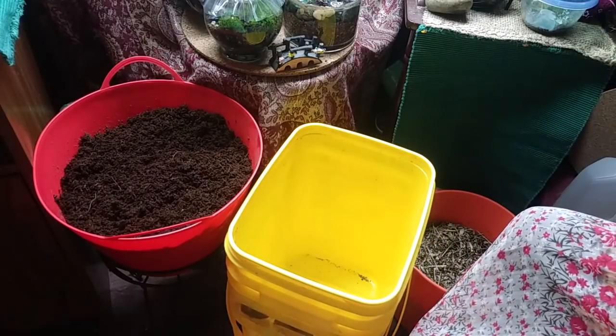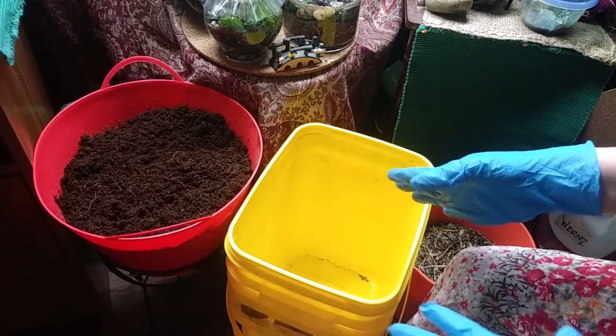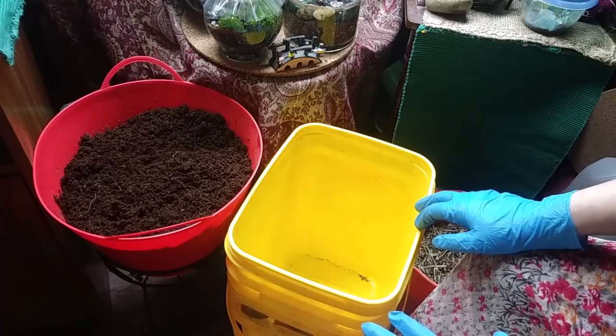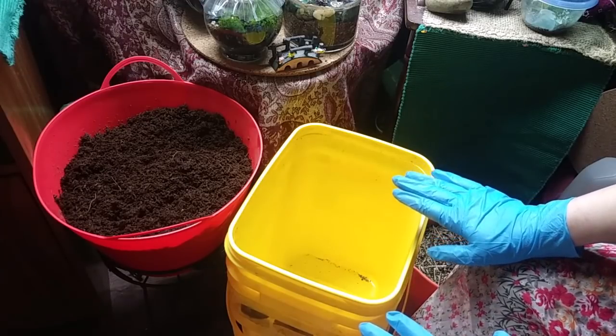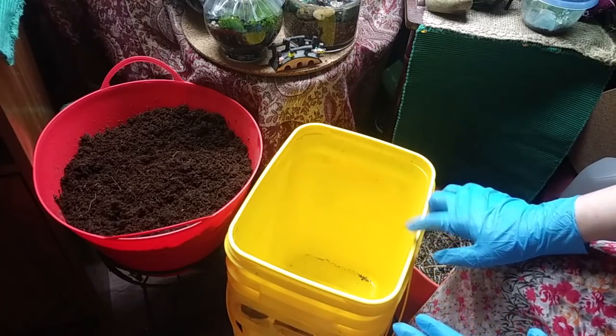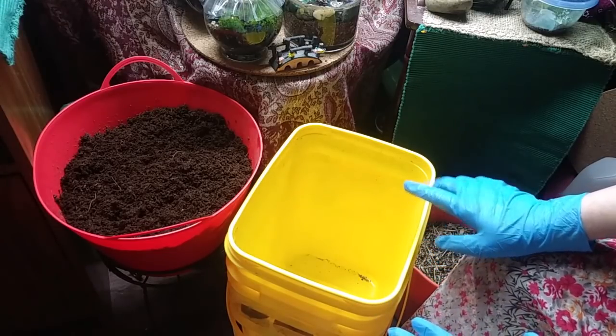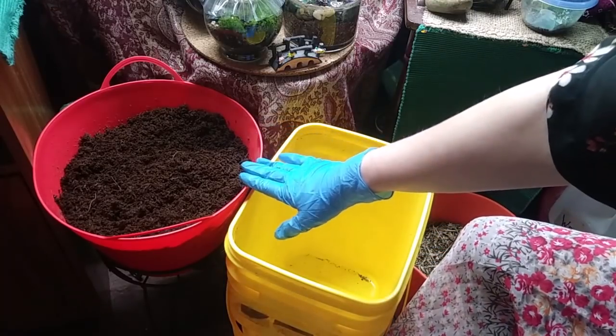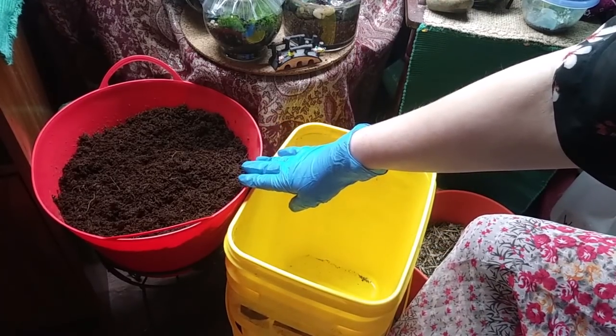So we're going to start with our basic components that I've been working with. My bins are usually mostly peat moss, but I have very little peat moss left. Yay! And what I do have, I'm actually going to save for my carnivorous plants. So we're going to be using mostly cocoa coir today, which is in this bucket right here. It's been